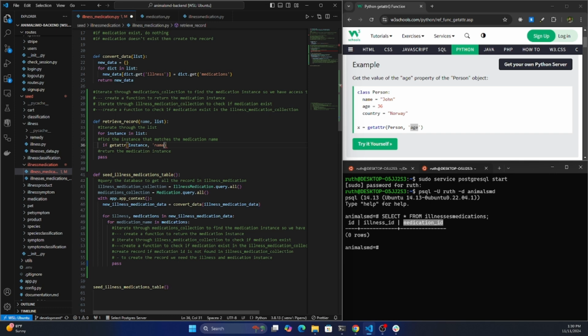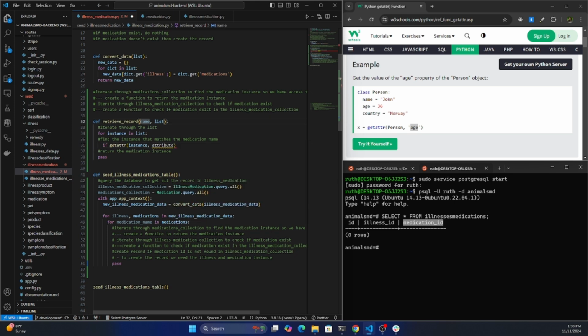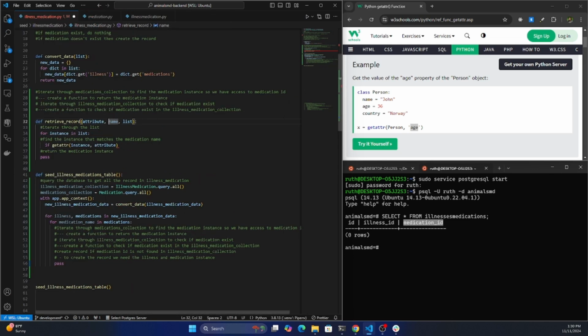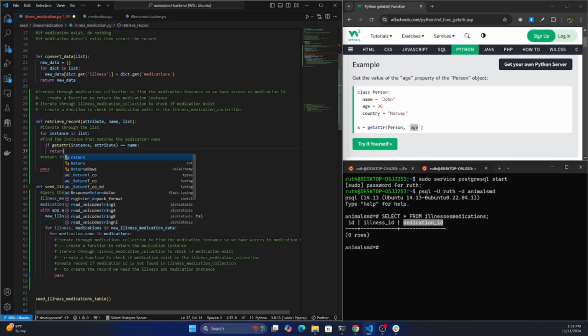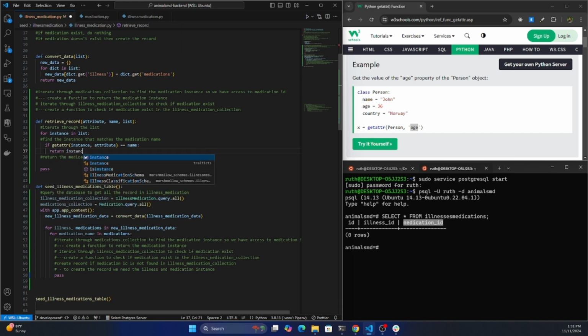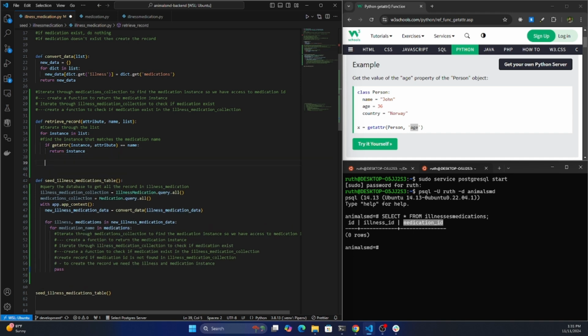But I think we can just pass the attribute as an argument. That would be ideal. If it matches name, then we want to return that instance. Right. So let's go ahead and